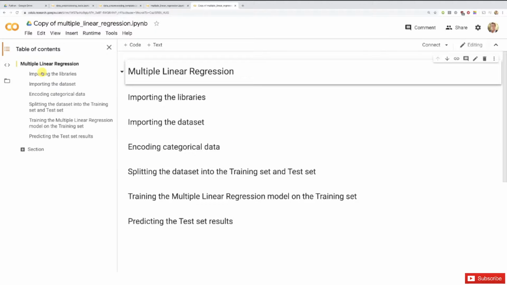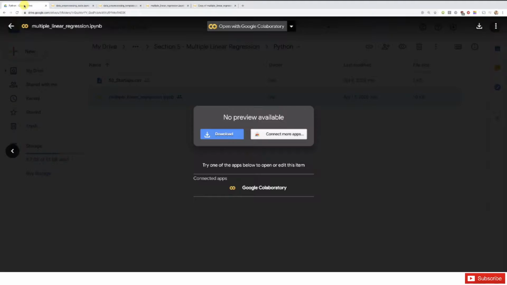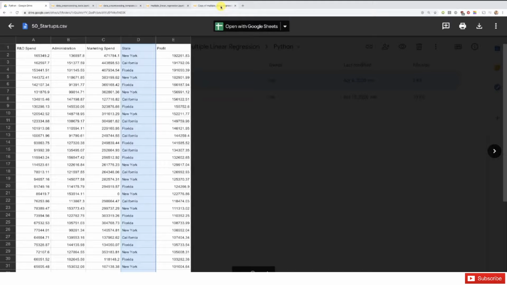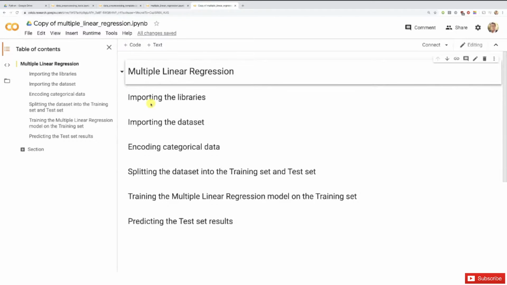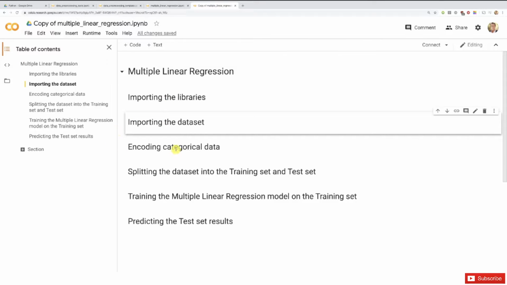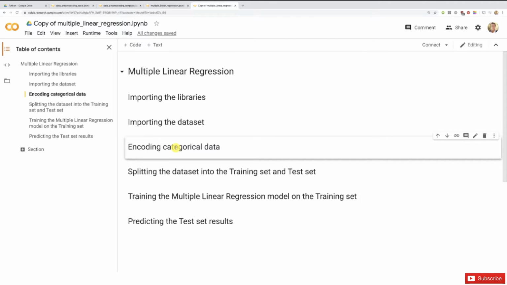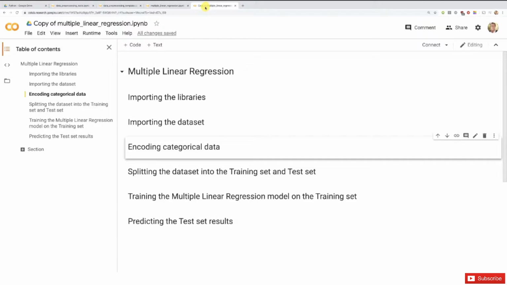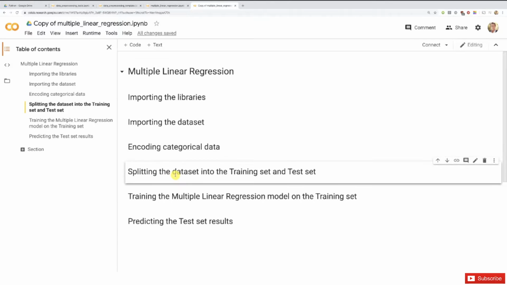And indeed, that's why I wanted to brainstorm on the dataset with you first before showing you the structure, in order to make you think what we must do in the data preprocessing phase. And as we said, we need first to import the libraries, then import the dataset, that's for sure. And then here we go, we need to encode the categorical data, and more specifically that state column, which contains indeed 3 categories. And then of course we split the dataset into the training set and the test set. That's a must, and that will close the data preprocessing phase,